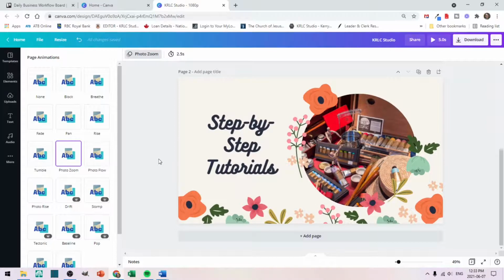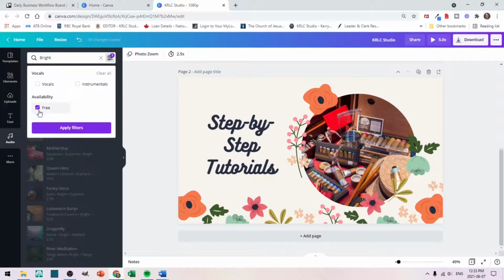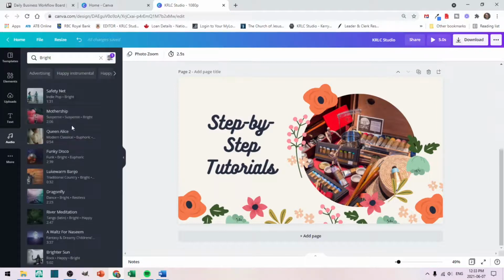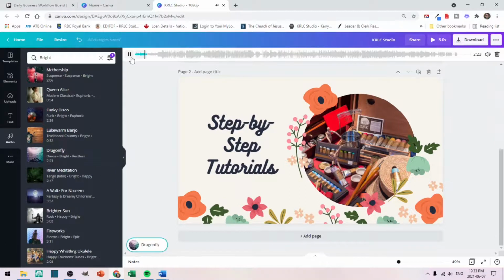Let's talk about audio. So if I want to add a music track to this, I can do that through Canva. So I come over here to my left side and I click on audio. And because I want only the free, I make sure that it's on the free. I select free and apply filters. Okay. And let's see, this dragonfly looks interesting. So I just have to click on that. Okay. So what's the wonderful thing about this audio is that it will select it,